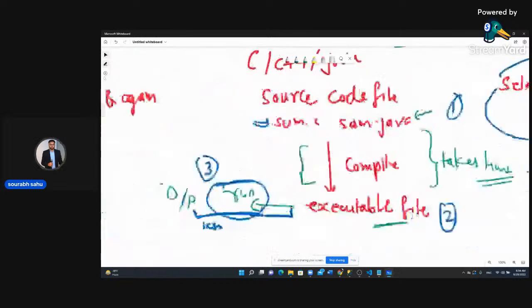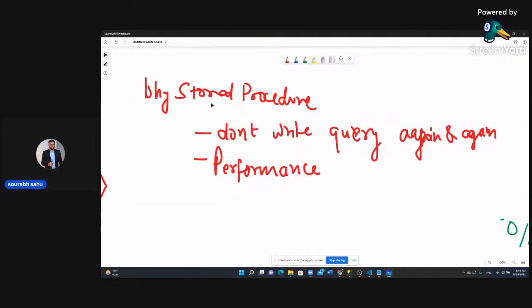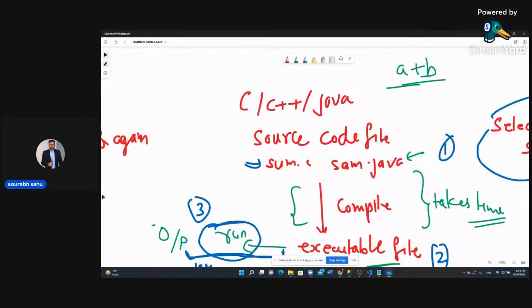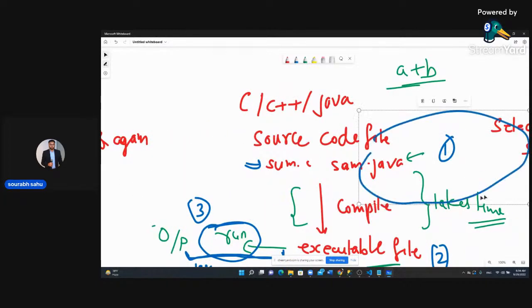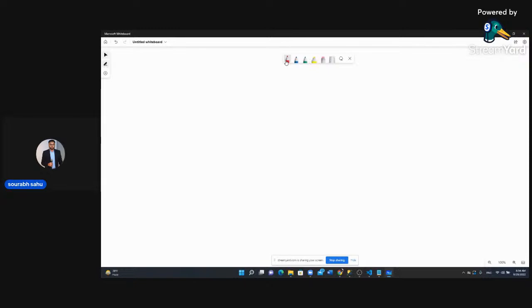It is not the reusability. The important thing, the beauty of the stored procedure, is the performance. People don't use it just because they don't have to repeat code again and again. They use it because of the performance, right? So you will see that those who understand web programming, there is a web page,